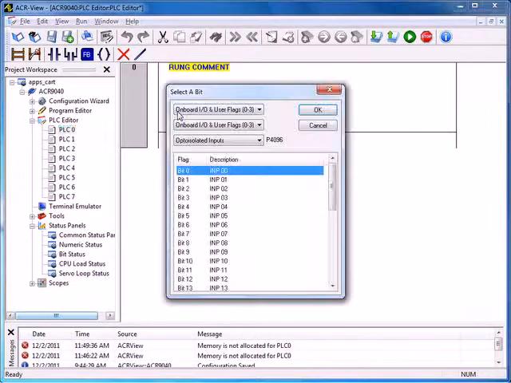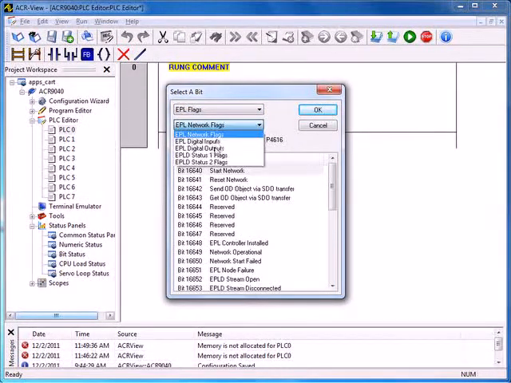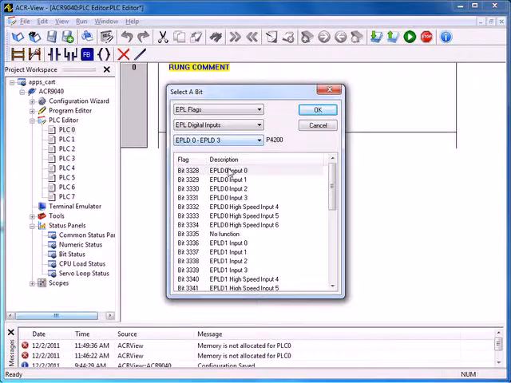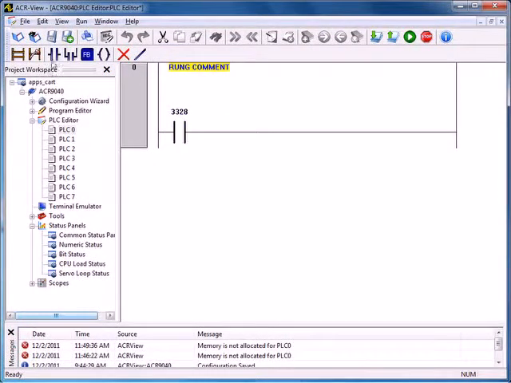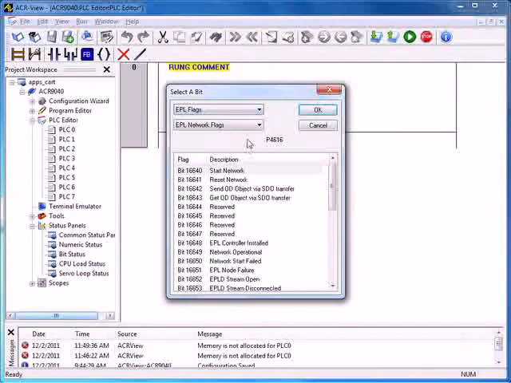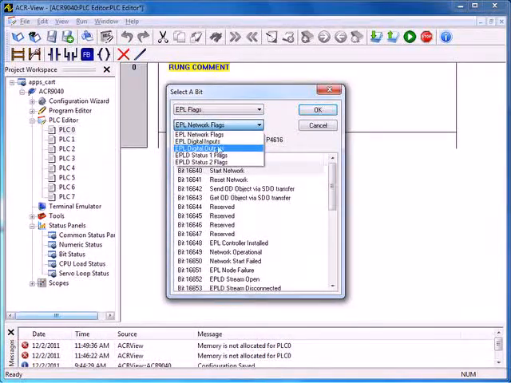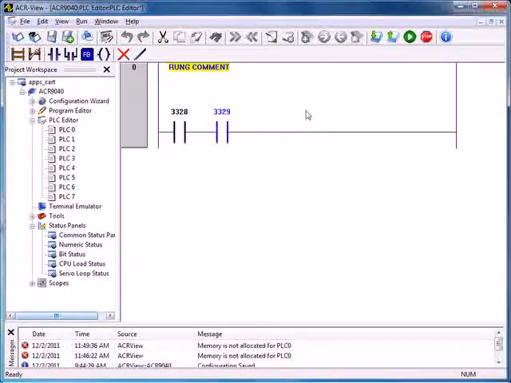If you click on the question marks, go ahead and under the bit status, go into EPL flags, digital inputs, and select 3328. And then select another contact. You'll have to do this again. Our second contact will be 3329, and then on the toolbar, if you insert the coil,